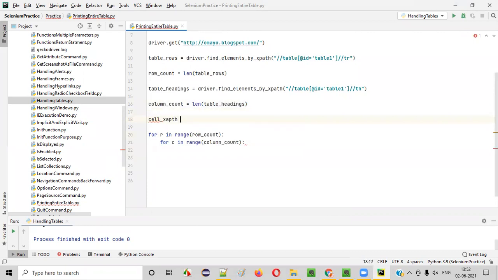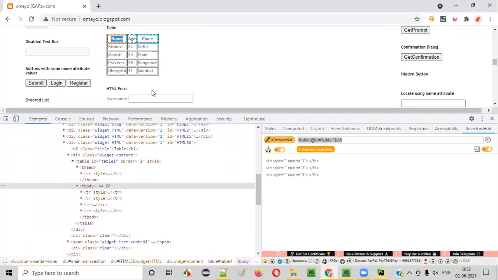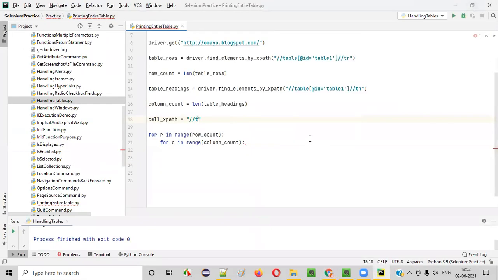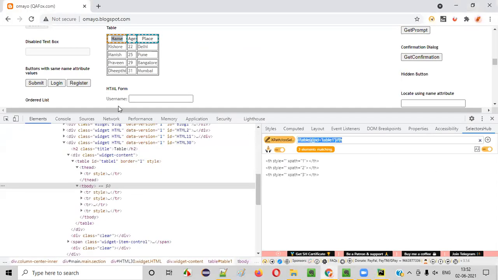Cell XPath is equal to, double quotes I'm writing, double slash table at the rate ID is equal to table 1, double slash tr, provide this in the circular brackets like this.